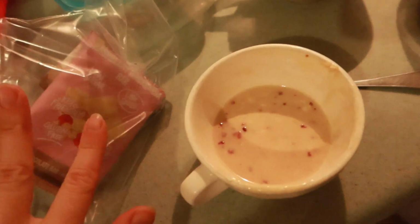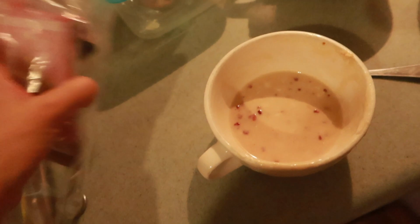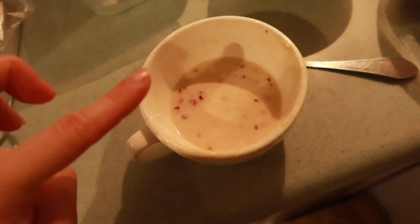So this is my ganache, kind of. So it's my raspberry macadamia white protein chocolate, which is a huge mouthful. I got this on special. I don't even know the brand very well. I think it's, what is this? Who is this? This is Vitaworks, I think. Anyway, 4 squares of that melted with some almond milk in the microwave, mixed with 20 grams of yogurt, and